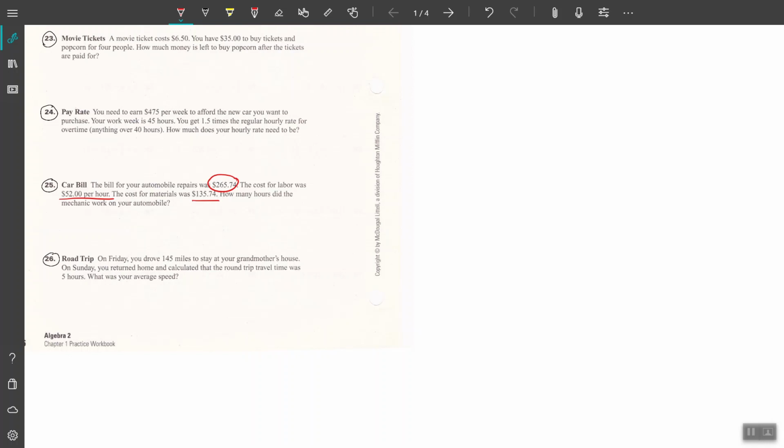So this is where we need to come up with a variable. Okay, because we need the variable that will stand for how many hours the mechanic worked. H is the most obvious, so that's what I'm going to use, just H for hours. So the number of hours worked. All right, the $135.74 is a fixed cost. That's how many materials had to be purchased in order for him to even do the labor in the first place. So the total bill is